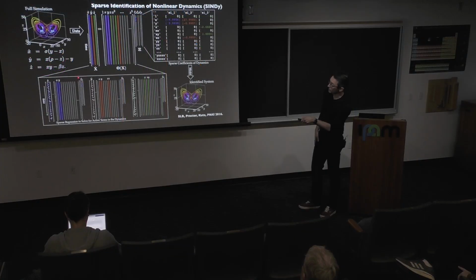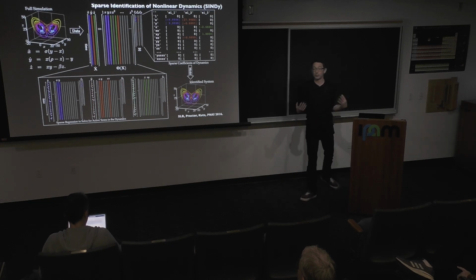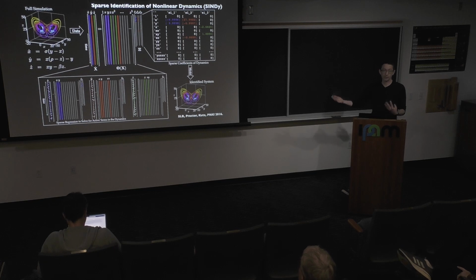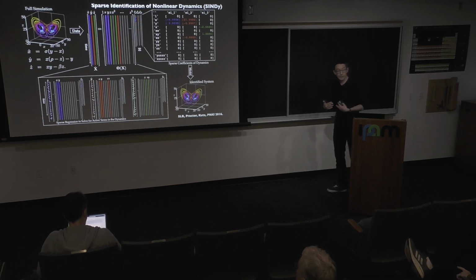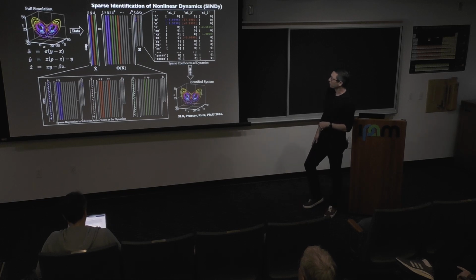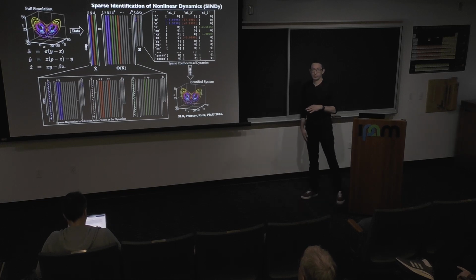And you'll notice that the terms that are highlighted in the x dot, y dot, and z dot equations are in fact the actual terms that were in the differential equation that generated the data. So of course, this is what we call rediscovery. We already knew that equation. We used it to generate the data, but this is a good sanity check when we want to test an algorithm. We should always try it on things where we know the answer to see if it actually works. Okay. Good. Any questions about this before I move on?